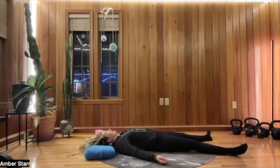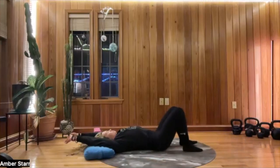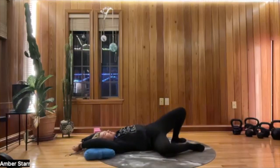Now, my dear friends, you can stay here as long as you wish. As long as you wish. When you are ready to bring gentle movement back into the body, feel free to now bring that gentle movement back in. It can be slow. As if you have all the time in the world to get up, which you do, right? Just imagine it's like that Sunday morning or Saturday morning, and you're just really taking your time here